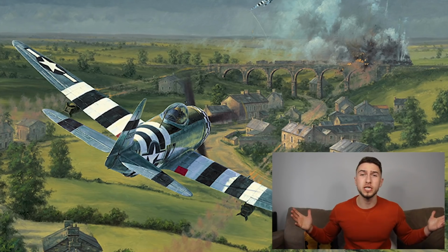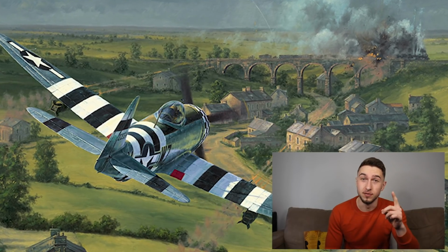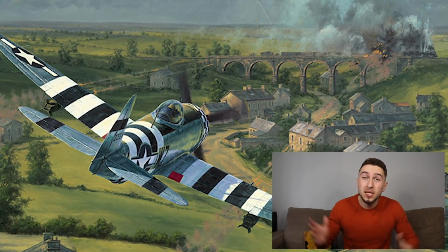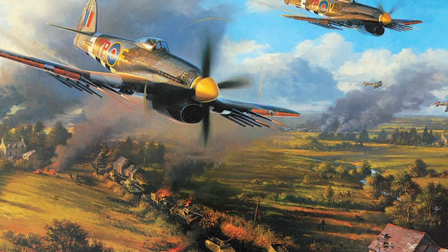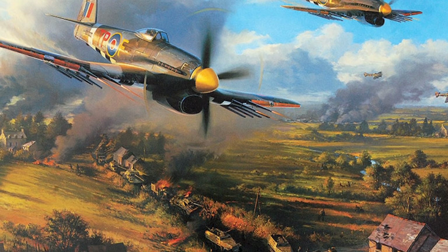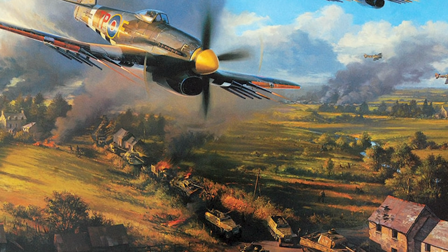Now, one of the main problems I have is that the Germans walk in calm formation in the day. Where's close air support? Guess what? We're in April 1945. The Allies have complete control of the sky for a year now. Even in Normandy, the Germans did not dare to pull such a move. They only moved at night because they feared Allied aircraft, whose job was to hunt down exposed columns like that